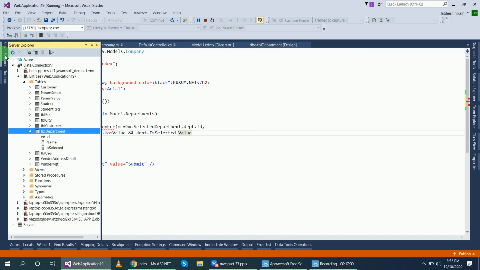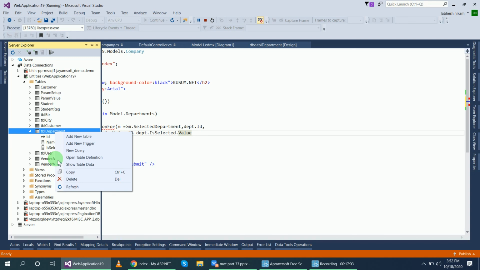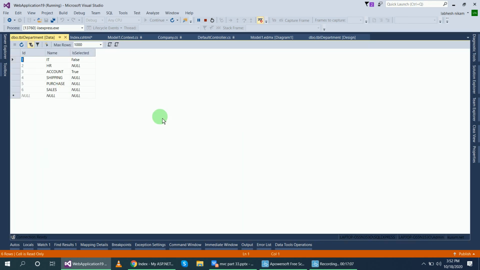You can see here in this table, the data is IsSelected false, IsSelected true, like that. If 1 then true, if 0 then it will be false.